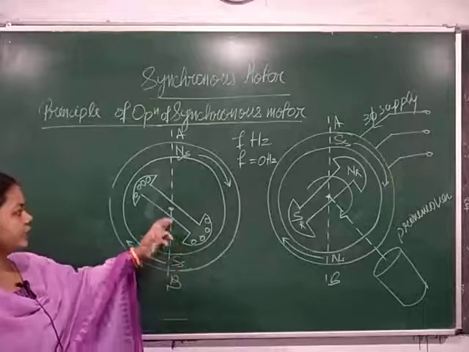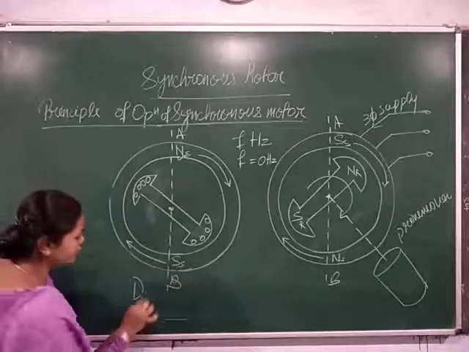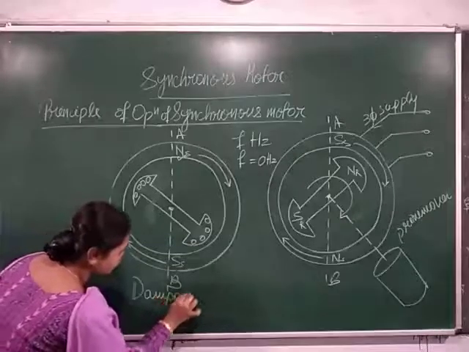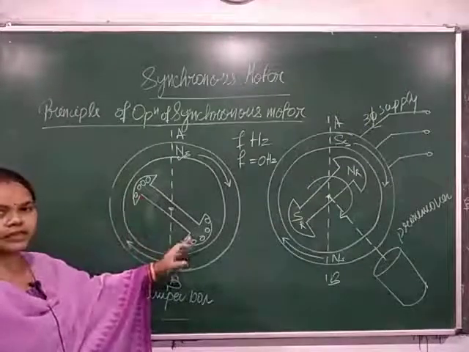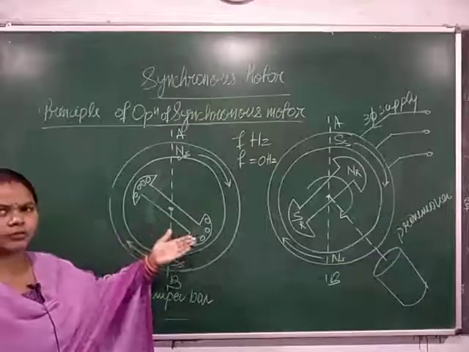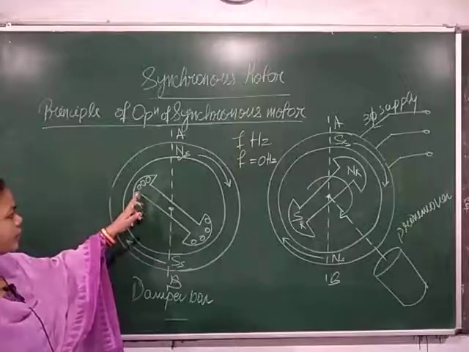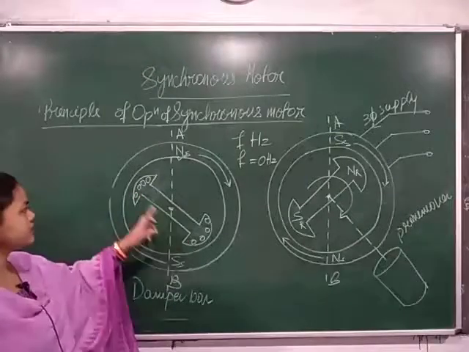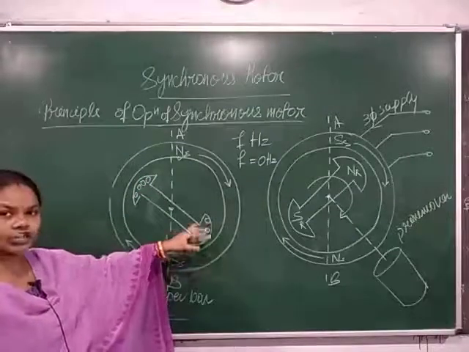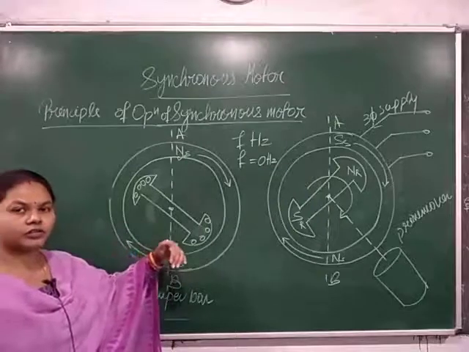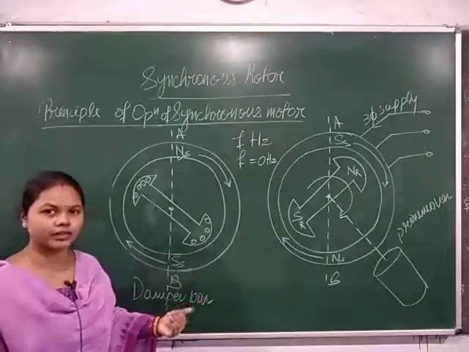Again I repeat, in the case of the damper winding method or squirrel cage method, the pole faces, here I use only two poles, but many poles may be present, and the pole face of the rotor consists of damper windings. These damper windings are shorted by a copper bar to create a squirrel cage. It looks like a squirrel cage induction motor.